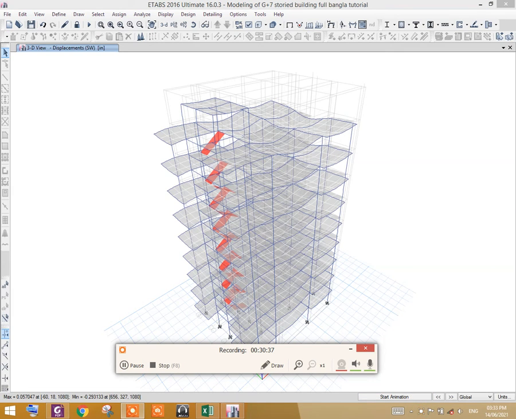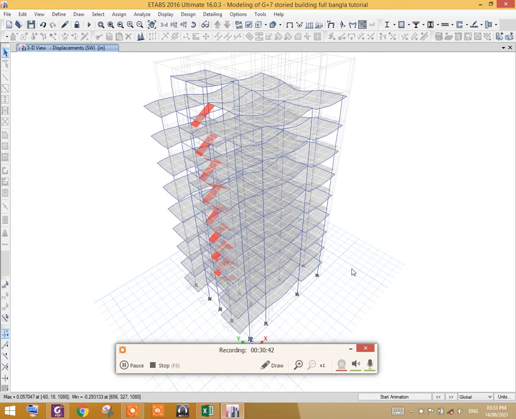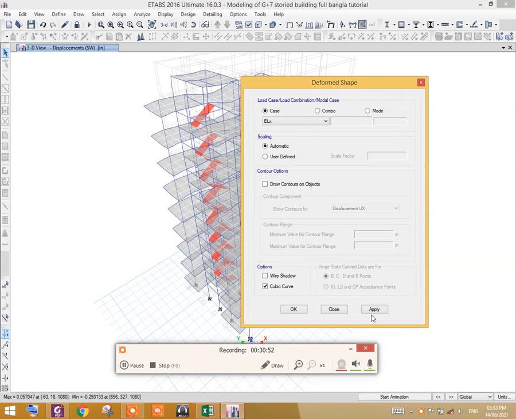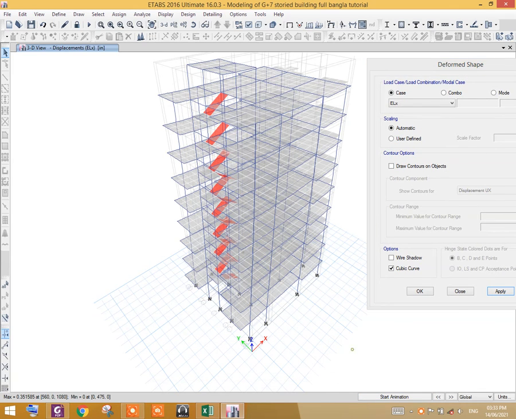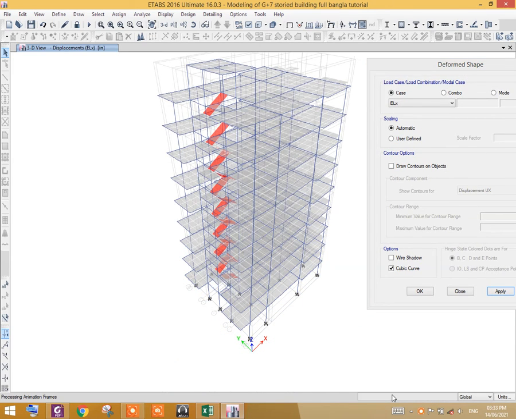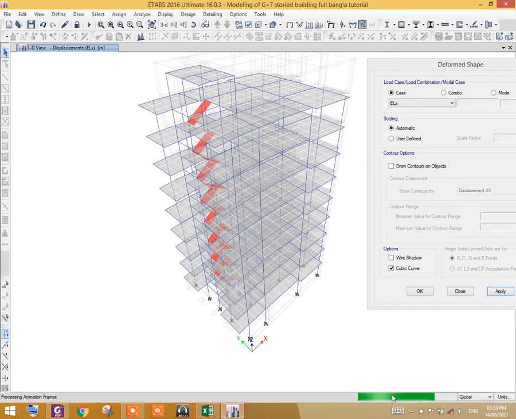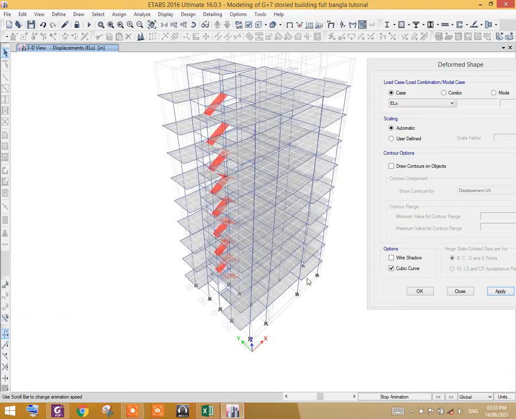You can also see the response spectrum behavior in the vertical direction, in the horizontal direction too. To see that, go to here, click here, and select ELX and press apply. Now if you start animation, you see how it will behave while the earthquake load is acting in the x direction.